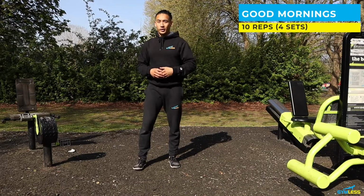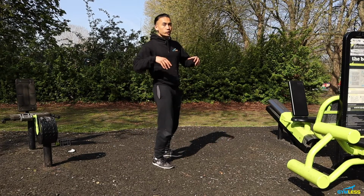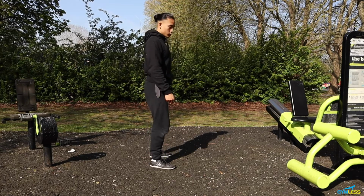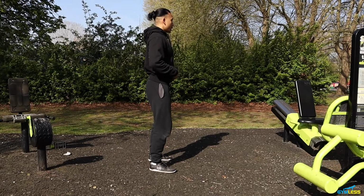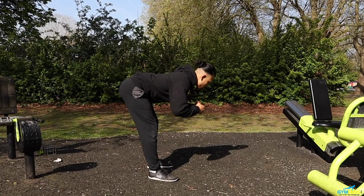This is one of my favorite bodyweight hamstring exercises. You can also apply progressive overload by using resistance bands, so I'll show you that after. So we're gonna stand tall, feet about shoulders width apart, okay? And we're gonna hinge our hips back, and we're gonna lean our upper body forward until your torso is parallel